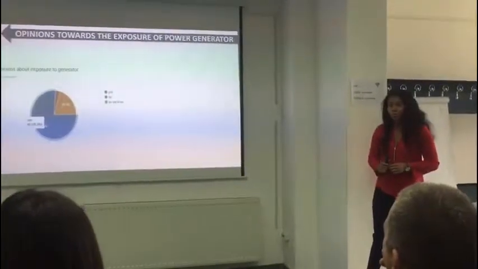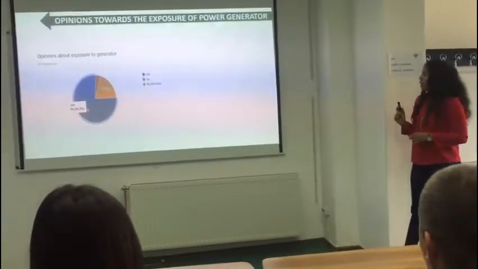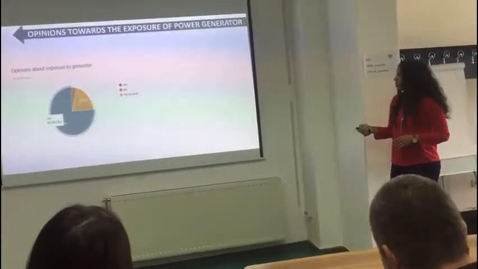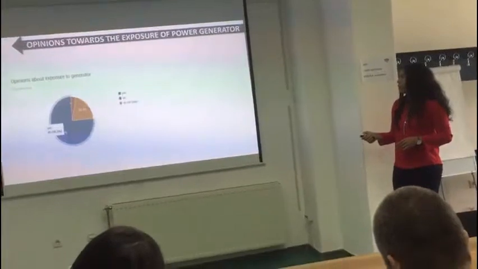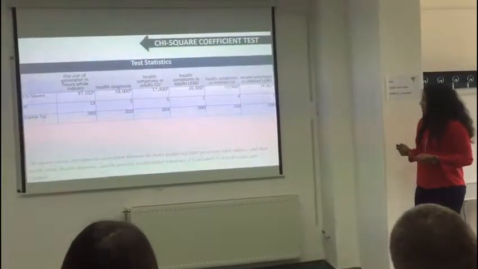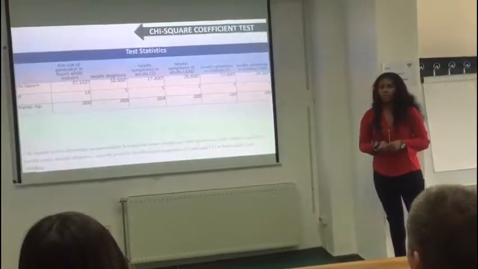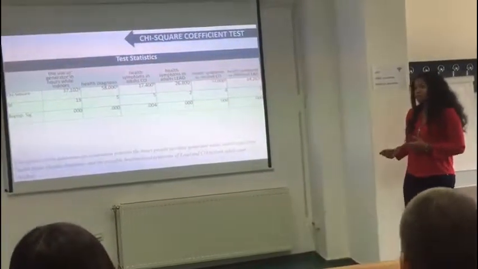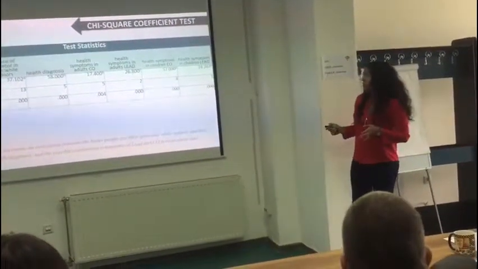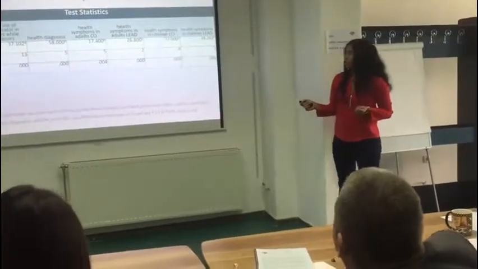They do not know that generators actually influence health, while a very small percentage of individuals indicated that there was no form of association between the use of generator and the quality of health. This is the statistical test. I used the chi-square coefficient to find the relationship between the behavior of the use of generator and the possible self-reported health-related symptoms of carbon monoxide among adults and children.